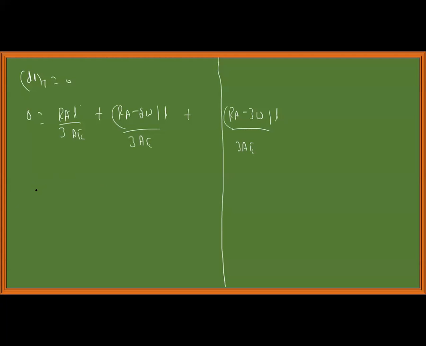L by 3 AE also cancels, so 0 is equal to RA plus RA minus 2W